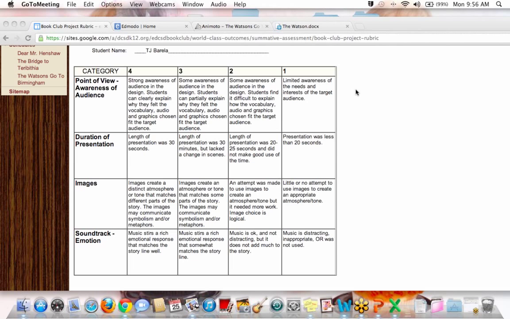I think that Will focused more on the friendship theme of this book. So far, it looks like Tyler is the only one that is focused more on the divorce theme and dealing with divorce. Most kids are choosing to deal, it looks like, more with the happy side of the book. Would you agree with that, Will? Yeah. And that's totally fine. I noticed your soundtrack was kind of upbeat and happy. So why did you choose the music that you chose? I just felt like it went with the text. Yeah. Okay. Well, and that's what you focused on.